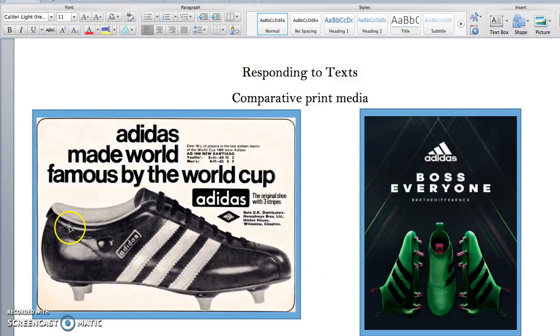So here you've got a close-up, you've got a point of view, so we're looking straight at it. Look at the way that the text is laid out. It's sort of mirroring the shape of the boot here. It's very clever. And here, again, you've got an overhead shot which is positioning us directly above. You've got an overhead shot and a point of view shot. So they've used